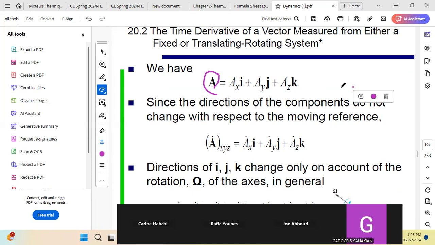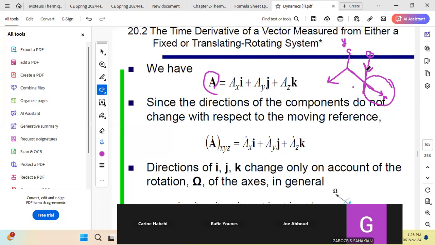And first, to take an example, if I take the previous example, if I take any vector, so we said this is the axis of rotation. I can call it, for example, small x. And I have small y, small z attached to the axis of rotation. And if I sit on this frame,